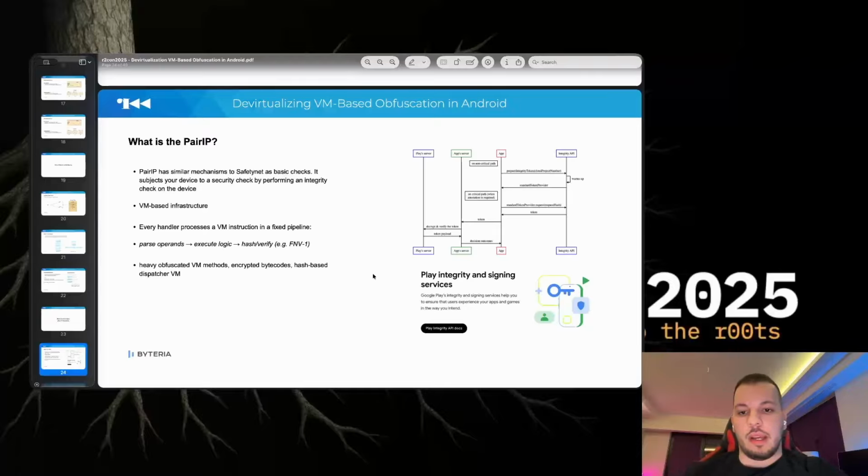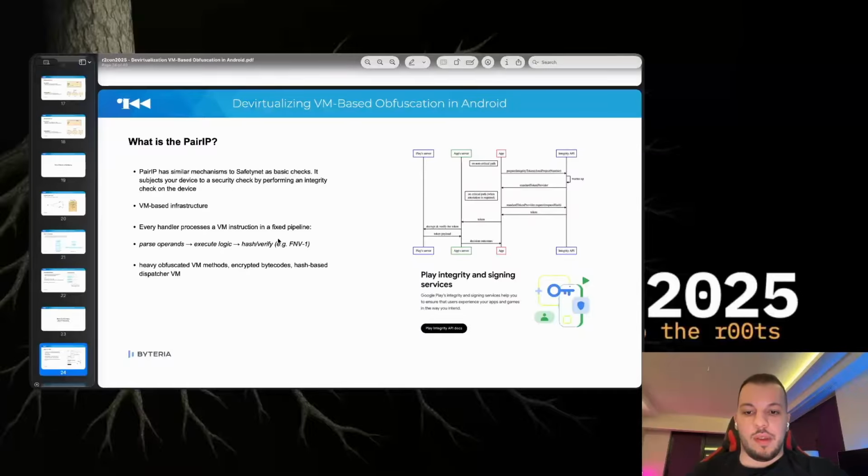PayIP has a similar mechanism to SafetyNet as basic checks, because both of them have integrity checks on the device like root check, tampering detection, Frida detection, and some other integration tricks. The one big difference is that PayIP has a VM-based infrastructure, heavily obfuscated VM methods, encrypted bytecodes,